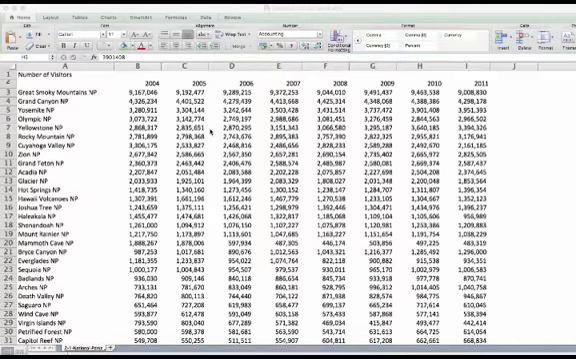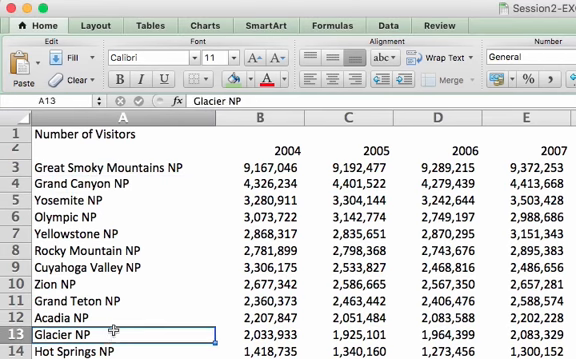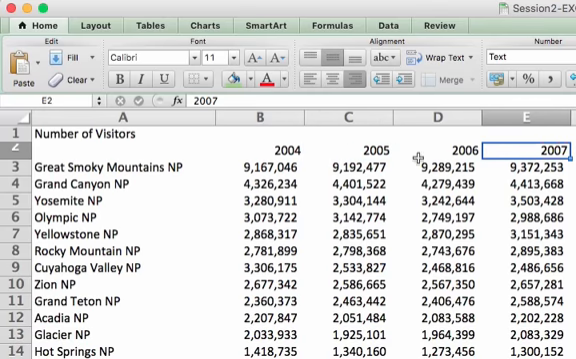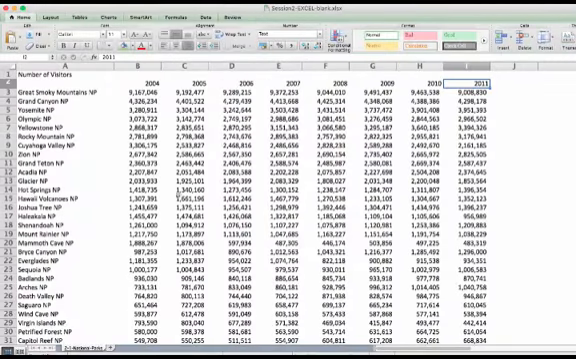So here is our workbook for exercise 2-1. Here on each row, you'll see the name of a national park, and we have a number of national parks here. And then over here on each column, you have a year. So we start from 2004 to 2011. Basically, the data on this spreadsheet shows us the number of visitors to the national parks for a given